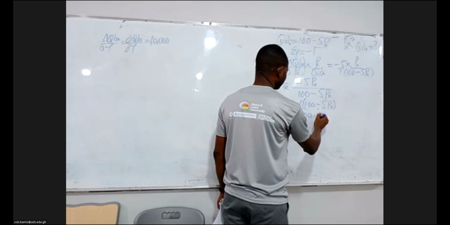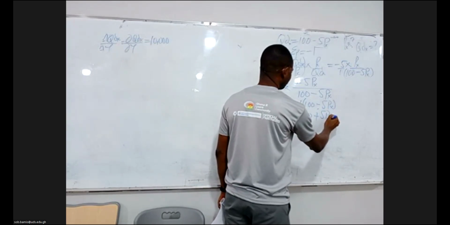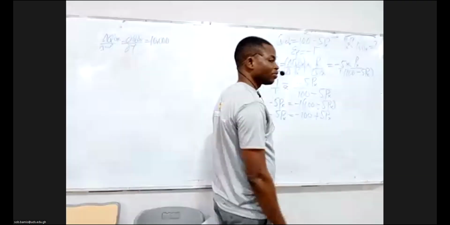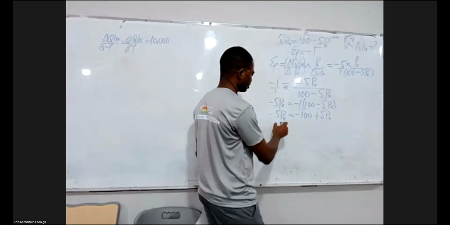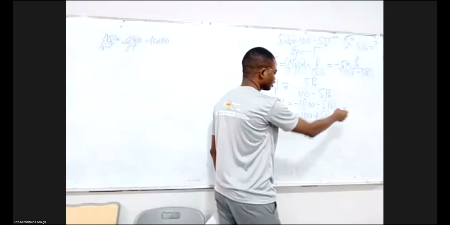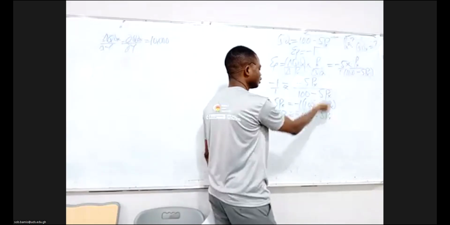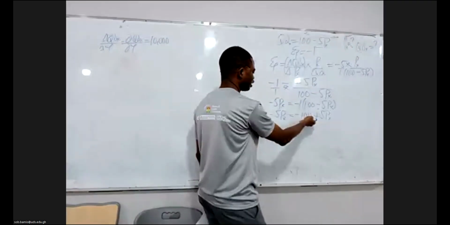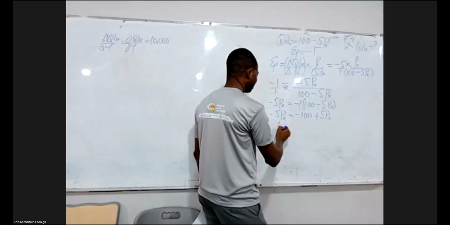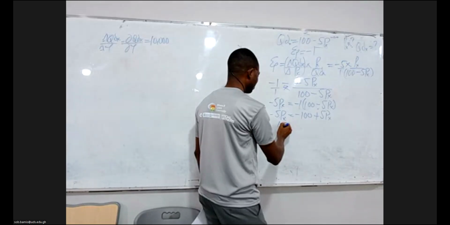This times this will give us plus 5px. To find px, we take minus 5px across and take the 100 to the other side. So minus 100 crossing the equal sign gives us positive 100 equals 5px